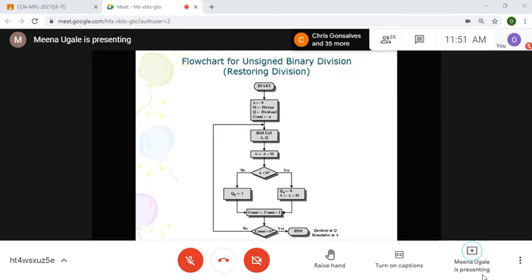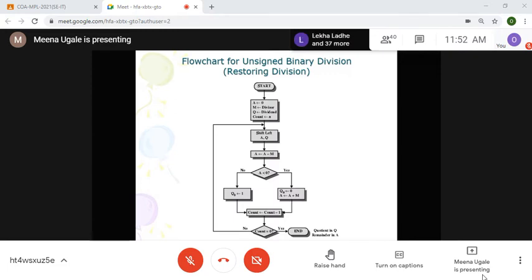In the last lecture, if you remember, we started with IEEE floating point representation with single precision and double precision numbers. Then we saw Booth's algorithm for multiplication of unsigned as well as signed numbers, where both are positive, or one of the numbers is negative, or both are negative. Three cases we have seen. Then we started with the restoring division algorithm.